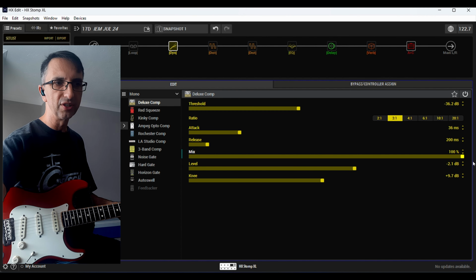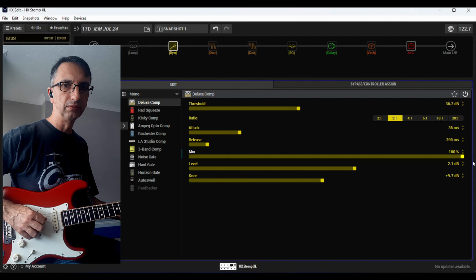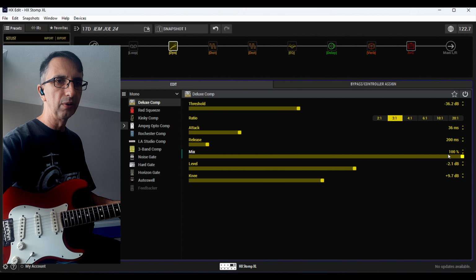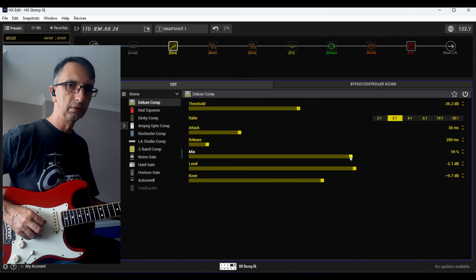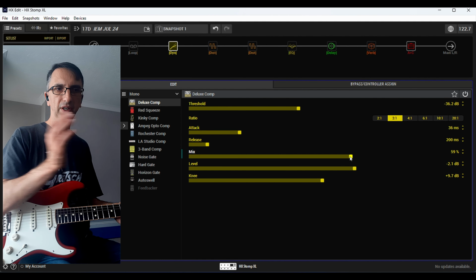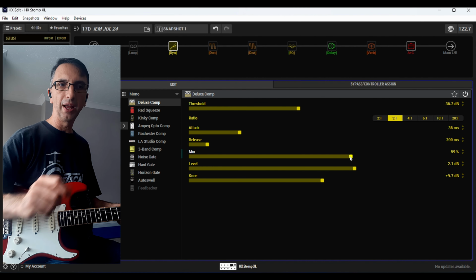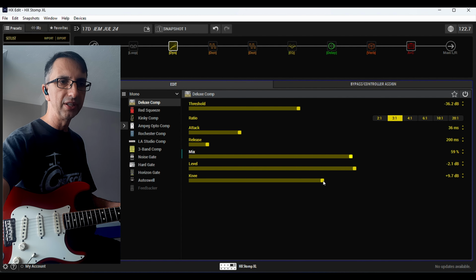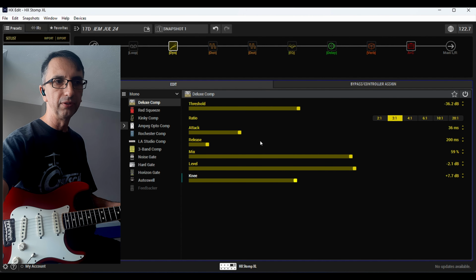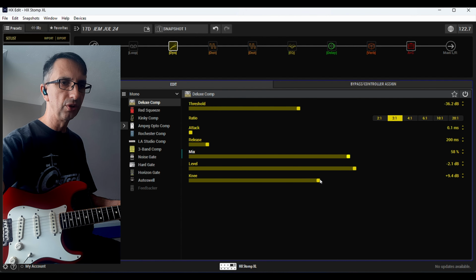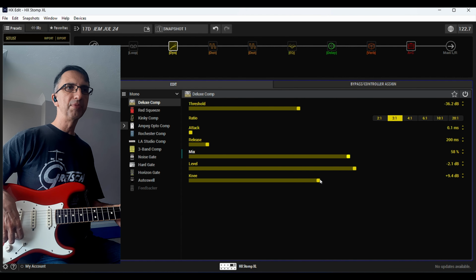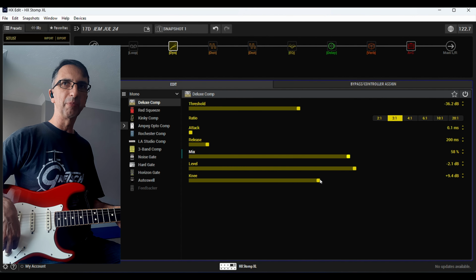See how much compression there is. Obviously, I would have to make up with the level. And it's a trade-off, so to speak, where I can still have a bit of dynamics. The level and the knee, obviously, the make-up gain and the knee help a bit in the attack of the sounds, so to speak. I find the compression also helps the sound to feel a bit like a tube amp,